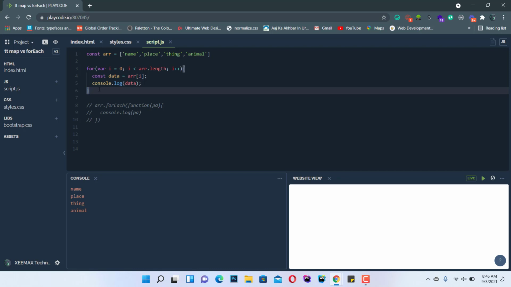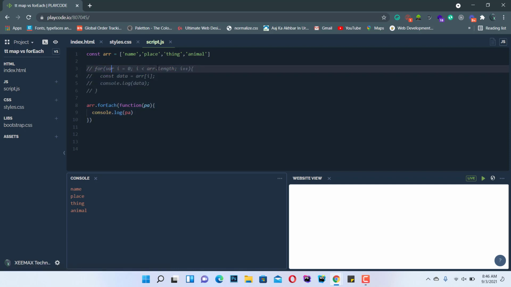Now before ES6 of JavaScript we used to loop through the elements like this. This was quite a hectic task, and now just for simplicity I've already written the code. So this was just a for loop. I hope you all are familiar with that. And this is the forEach method of